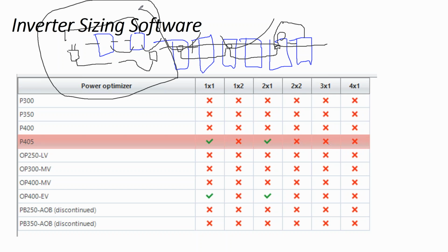And so you might make a mistake and go, well, let's do one optimizer for every 2 modules because JR said you don't need module level granularity, and this will be a little bit cheaper than 1 per module and make a little better use of our budget. But then it can cause problems with the installer, particularly if it's a new to solar installer. And so that's why I don't really recommend the DC optimizer system for brand new market entrants,